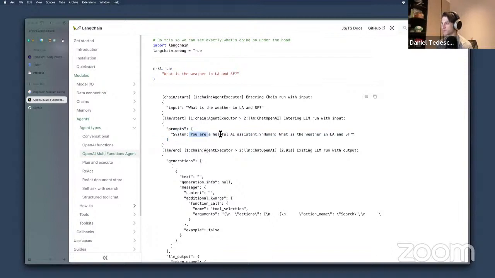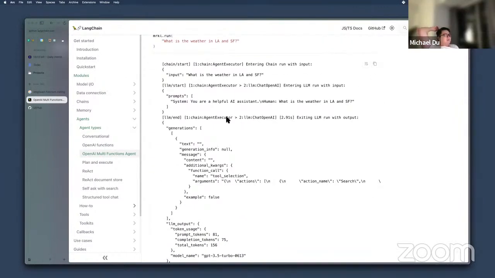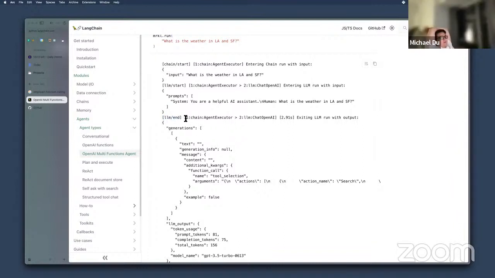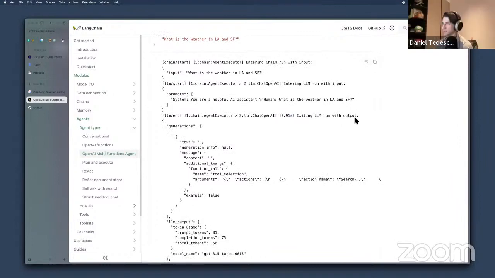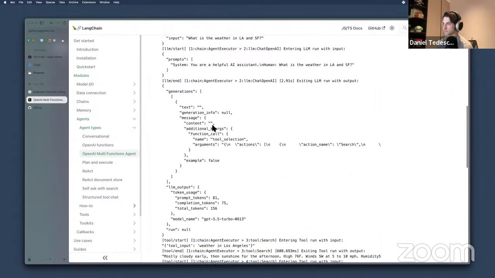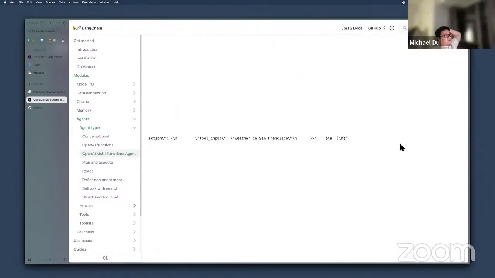I don't know where that was set up, but anyway. And that's the end, and I guess that's the response. Exiting LLM run with output generations. Text. And there's the arguments.